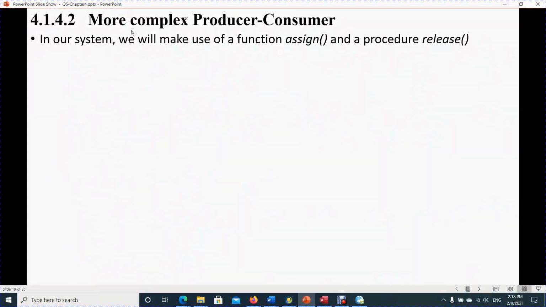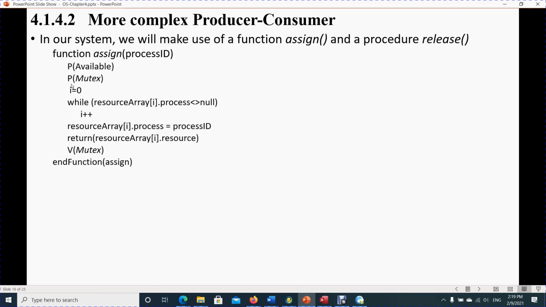In this example, we're going to make use of a function, assign, and a procedure, release. Assign has a parameter, process ID. It starts with P available, then P mutex. I assign 0, and